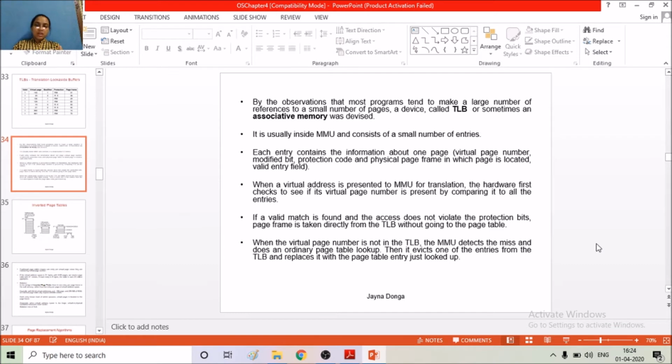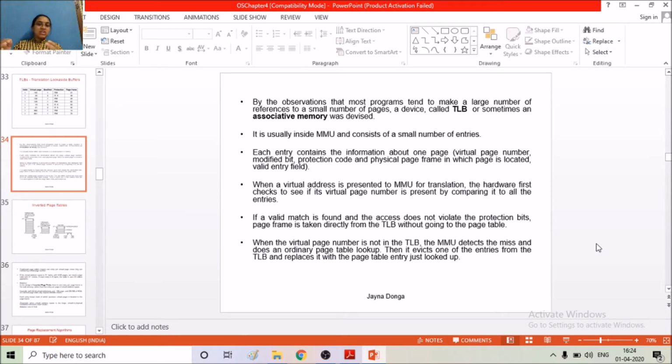So we go for the page table search. It is like cache memory: if the page is not available in cache, we go to main memory, and if it is not available in main memory, then we go to disk. In the same way, if the page number is not available in the TLB, the translation lookaside buffer, then we go for the page table